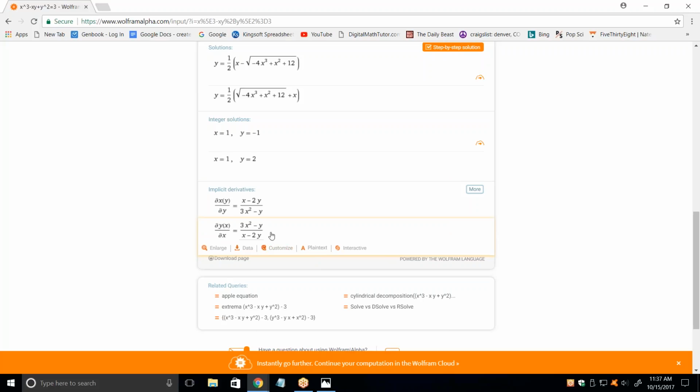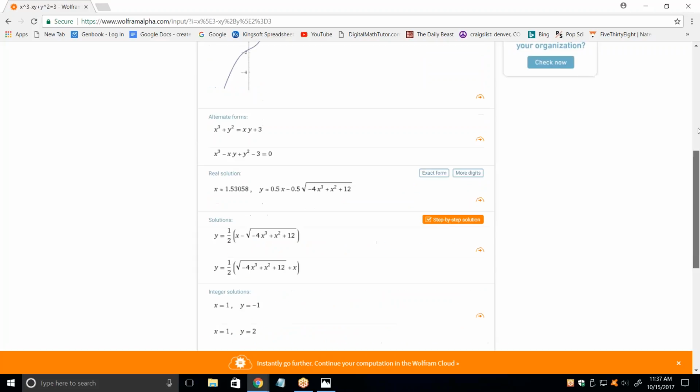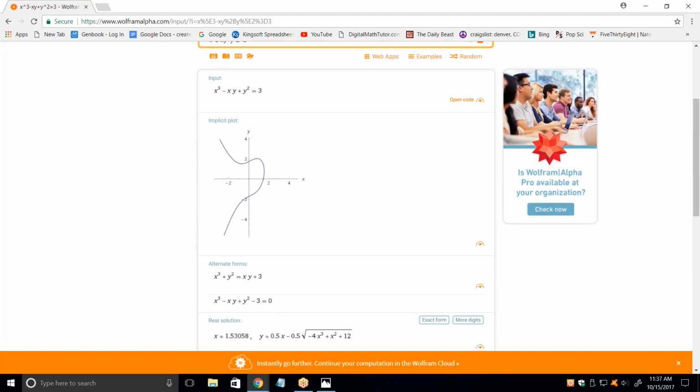dy/dx is 3x squared minus y, which is the reverse of mine. So I'm making the bottom the reverse of theirs. All right, that was our derivative. So we know